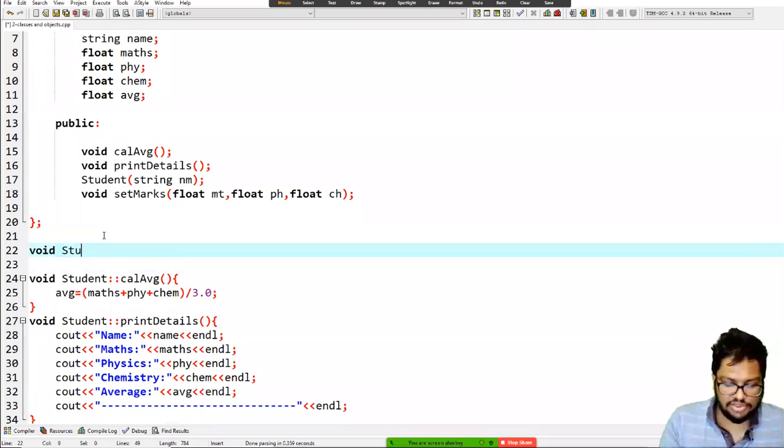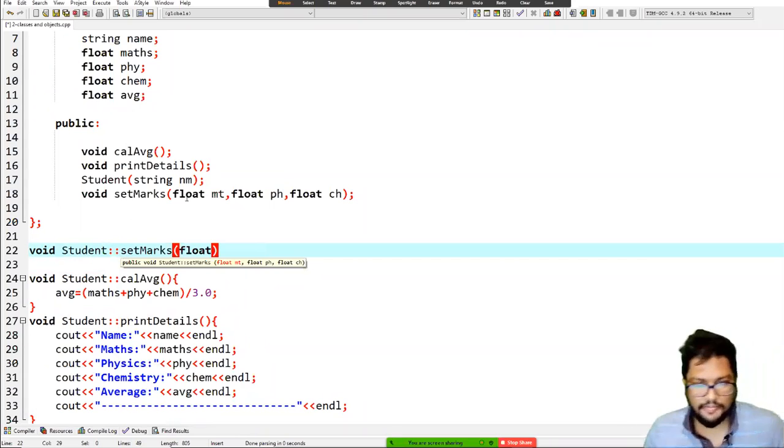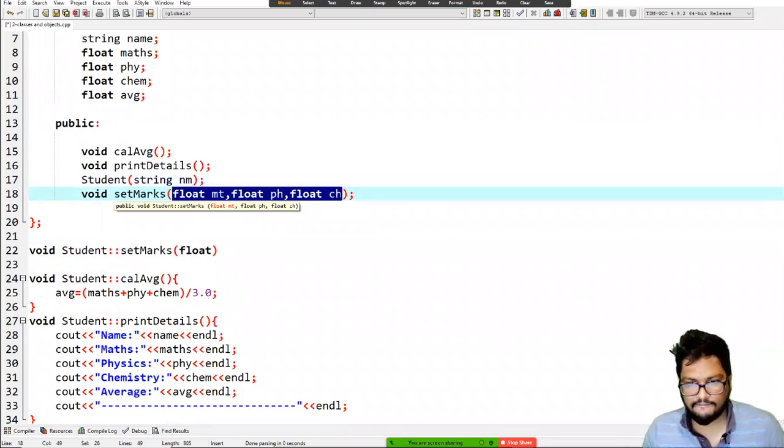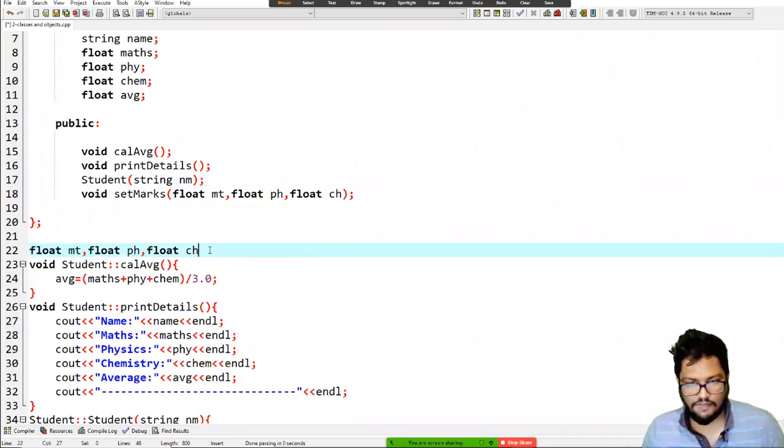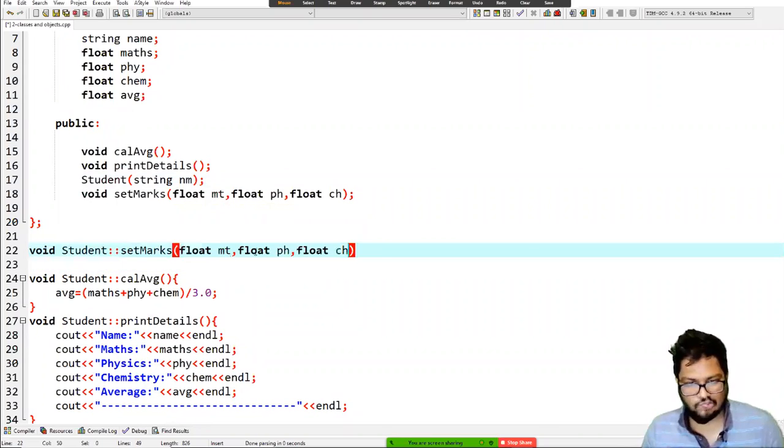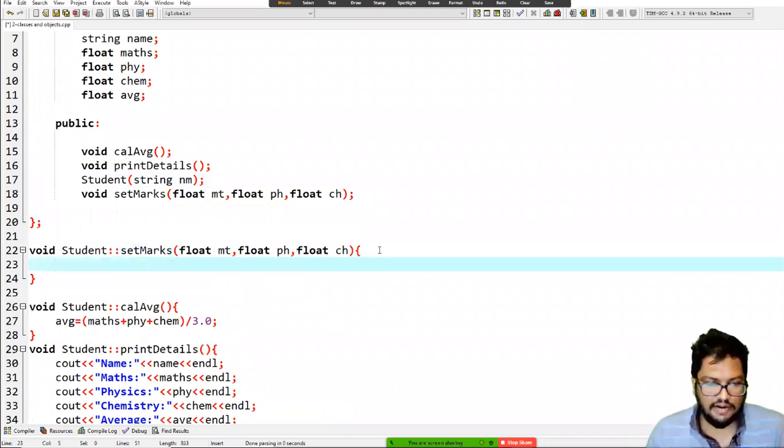Void student set marks. Right? And what you can do,